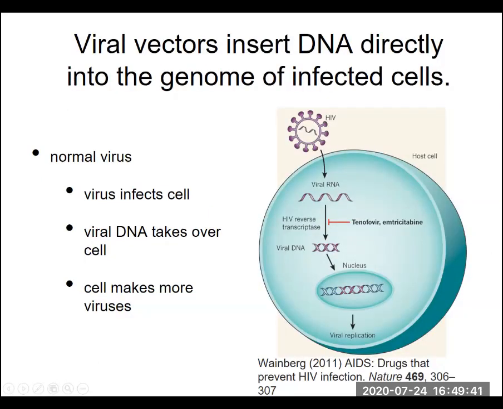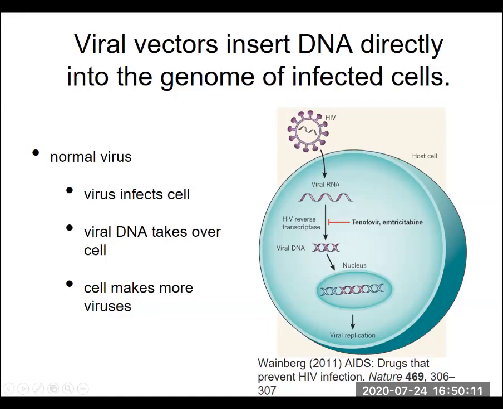So the ways that we can do this, again, a viral vector is one way. And so a normal virus, like an HIV virus here, is going to infect a cell. When it infects its cell, it's going to inject in its viral RNA or its viral DNA. HIV uses RNA, but there's some DNA viruses as well. They're going to put that nucleic acid sequence into the cell that it infects, and that